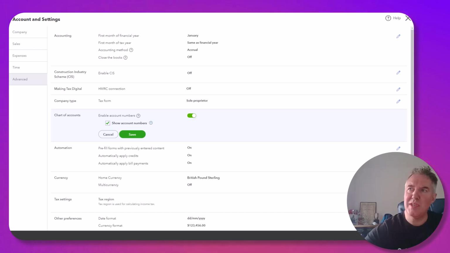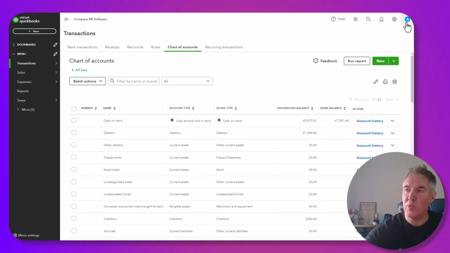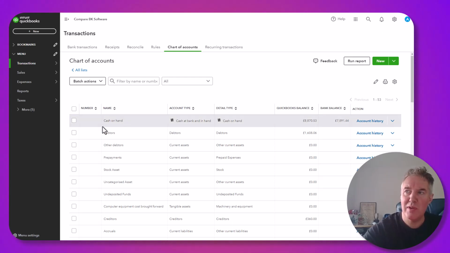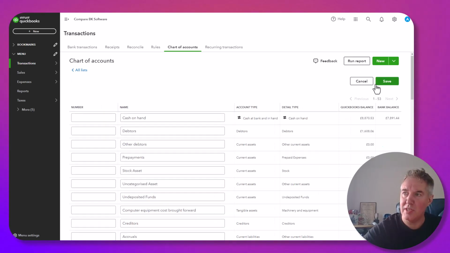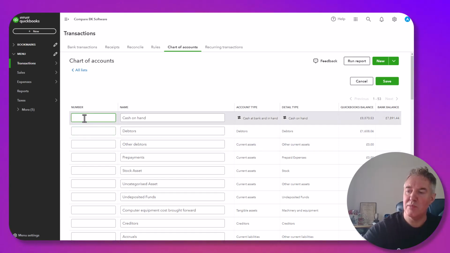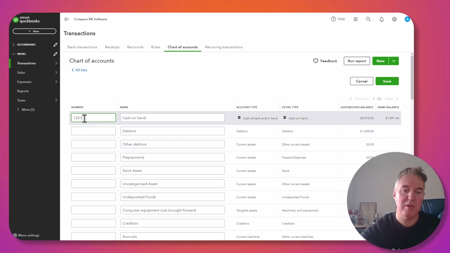If we go into the accounts and settings of the QuickBooks file, in the advanced area, you can enable chart of account numbers, and you can choose to display them on your reports as well. Now if I close that down, with that enabled, back to chart of accounts, you see that there is a number column available, and if I click on this pencil, you can do a batch edit. So you could apply some numbers, whether that's 1201, let's put